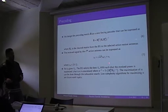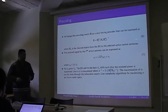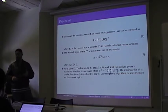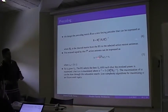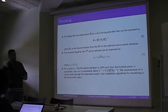For this equation, we want the received signal power to be maximized. We want to select the N_A active antennas such that we maximize the received signal power. The received signal power depends only on this alpha. Alpha is a normalization factor of the precoder. So we want to maximize this alpha, where alpha power -1 equals this expression, which depends on the channel matrix from